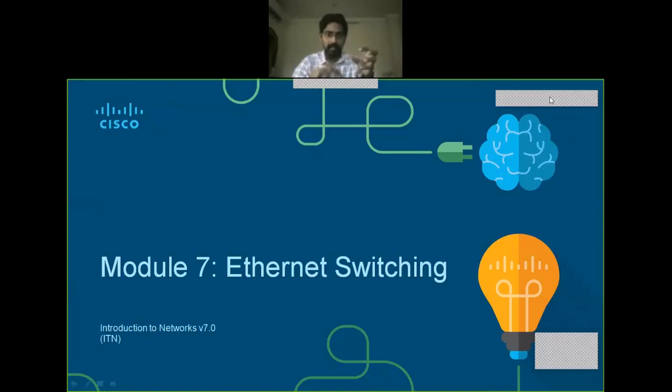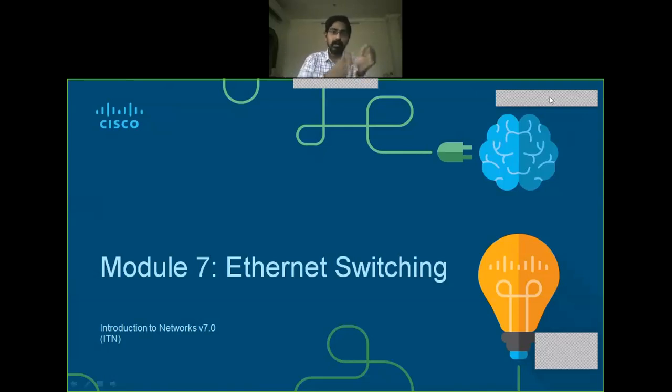The MAC sublayer will choose the corresponding technology, either Ethernet or Wi-Fi or Bluetooth, like 802.11, 802.15. There we are forming frames, which are called Ethernet frames. What is the structure of a frame? Header, data, followed by a trailer.